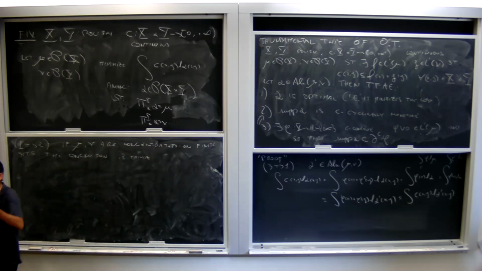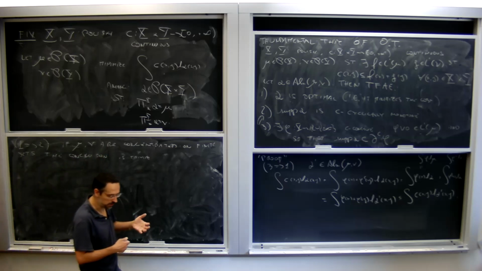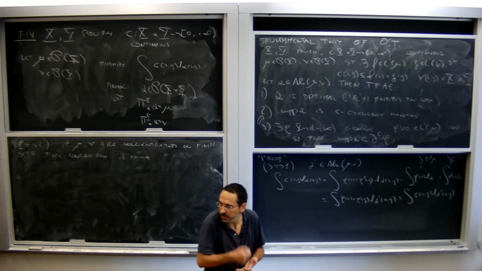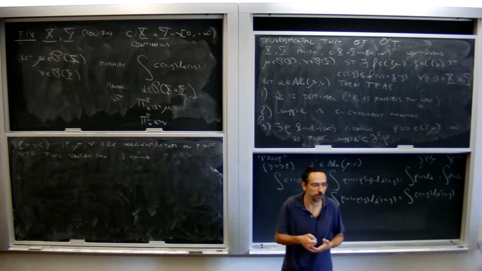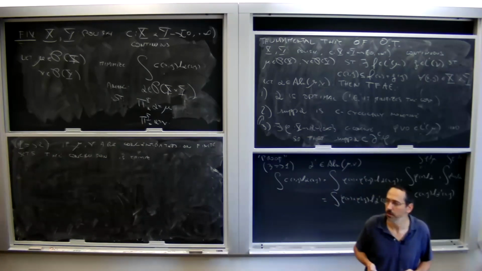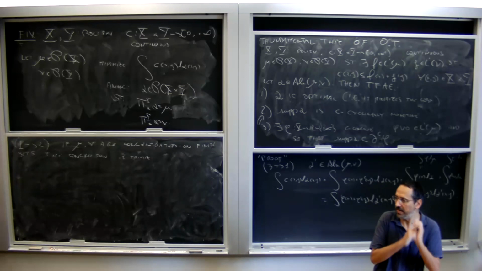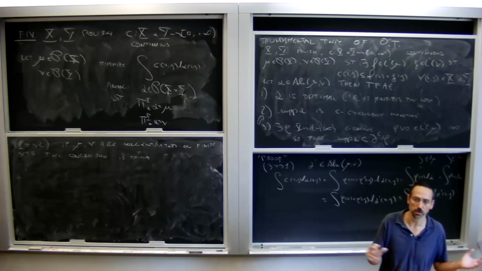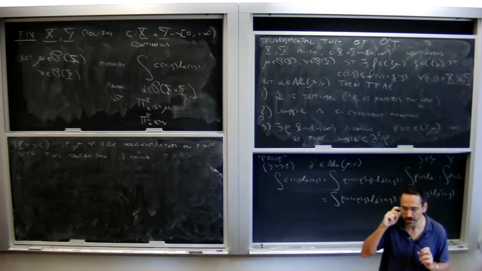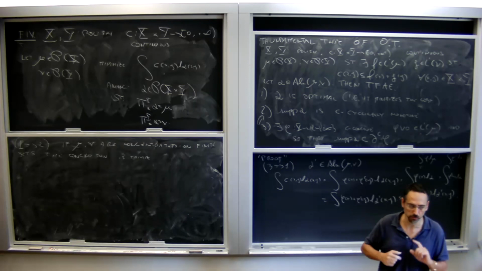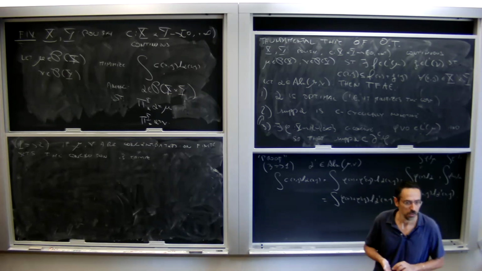Meaning that it's the same argument that we've done before, right? If alpha was not concentrated on a c-cyclically monotone set, we could rearrange the mass in such a way as to find a new alpha with strictly less cost, and therefore alpha was not optimal. Now all we need to do is to pass this kind of idea from the finite to the continuous case, and that's why the assumption of continuity of c plays a role.